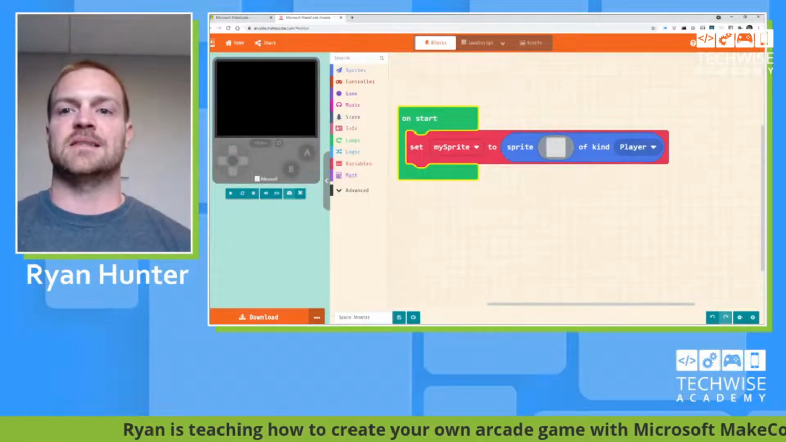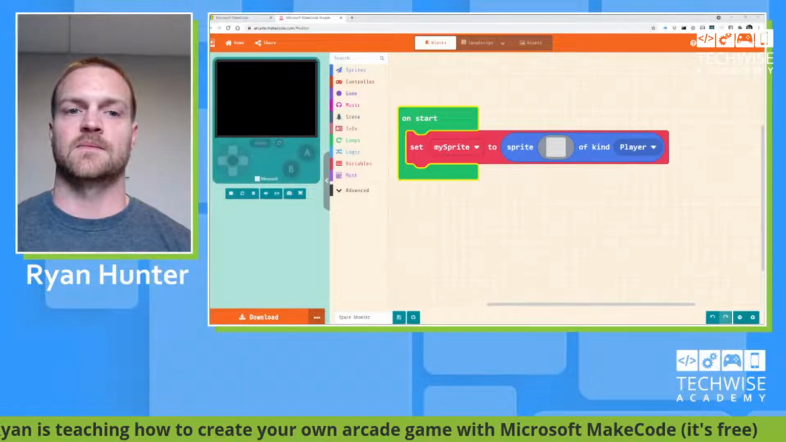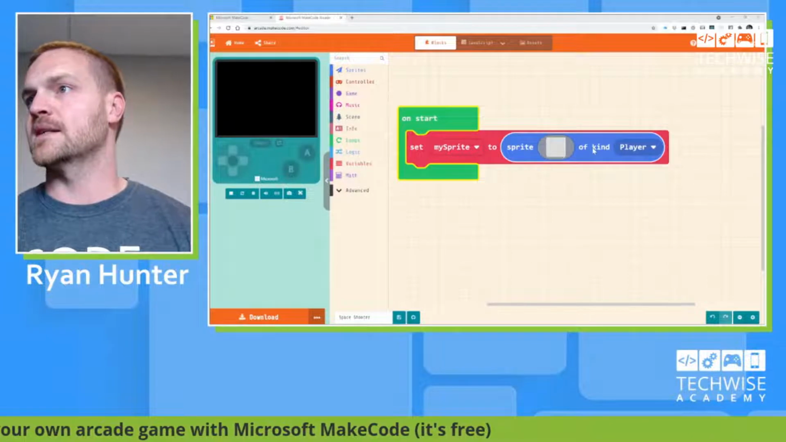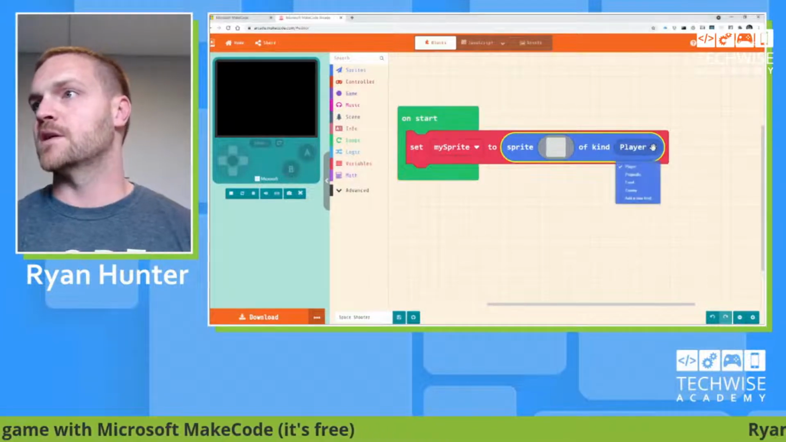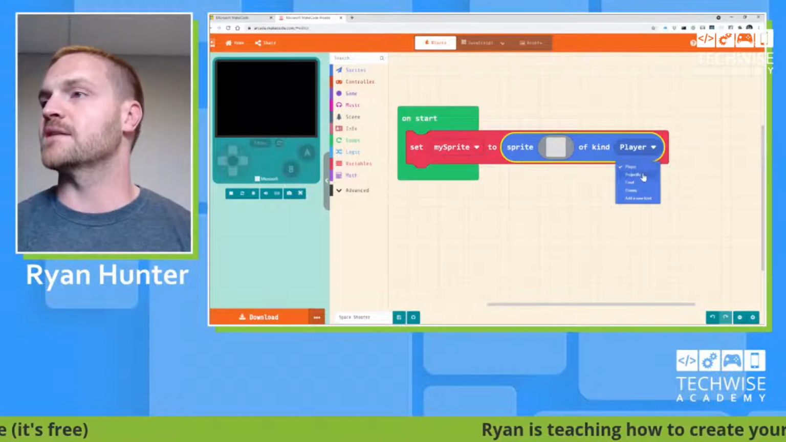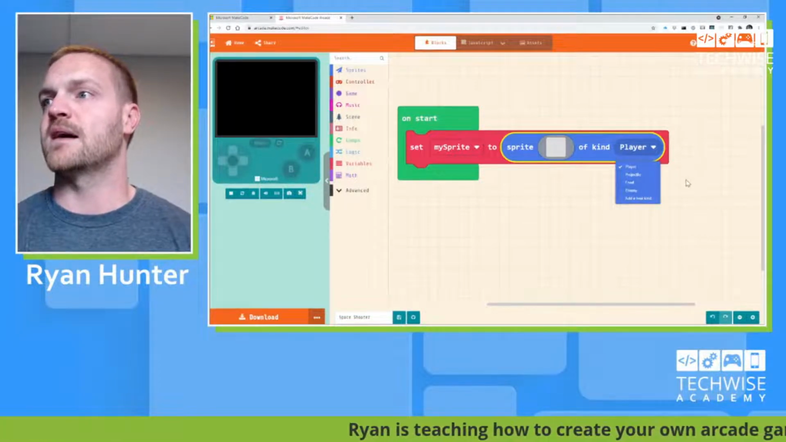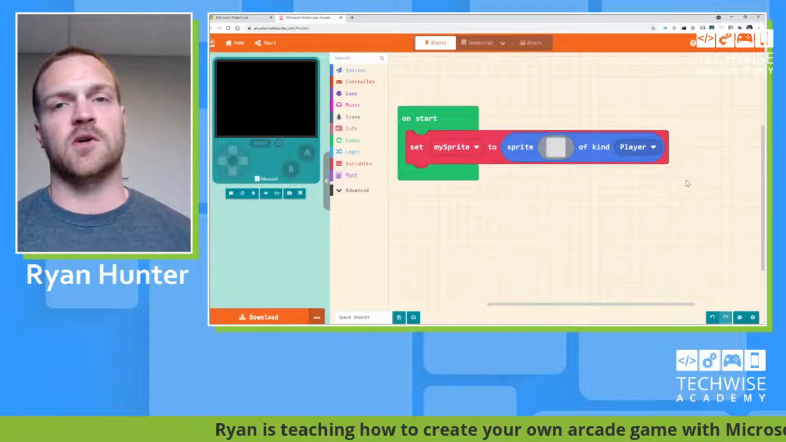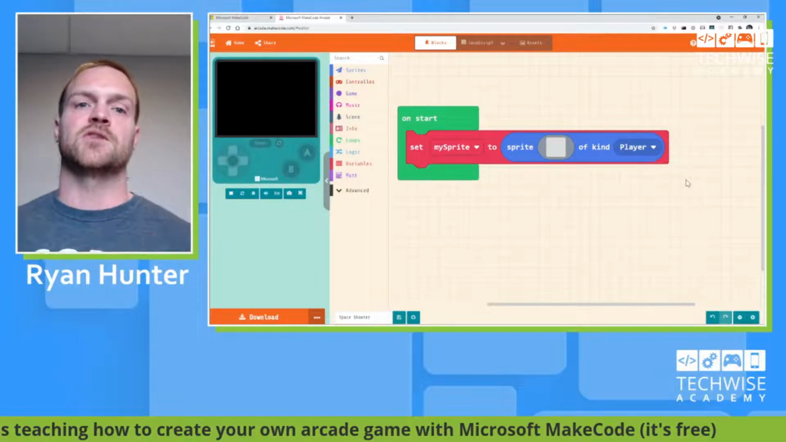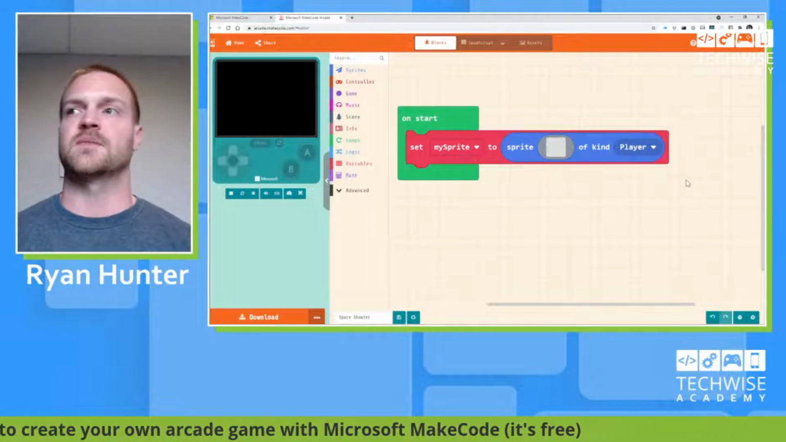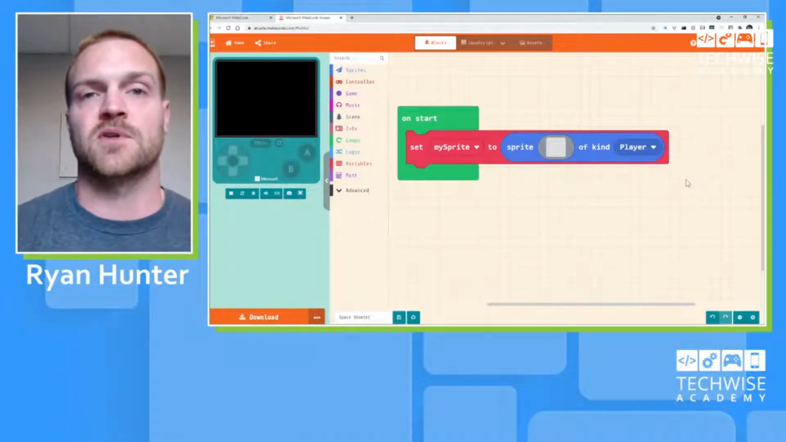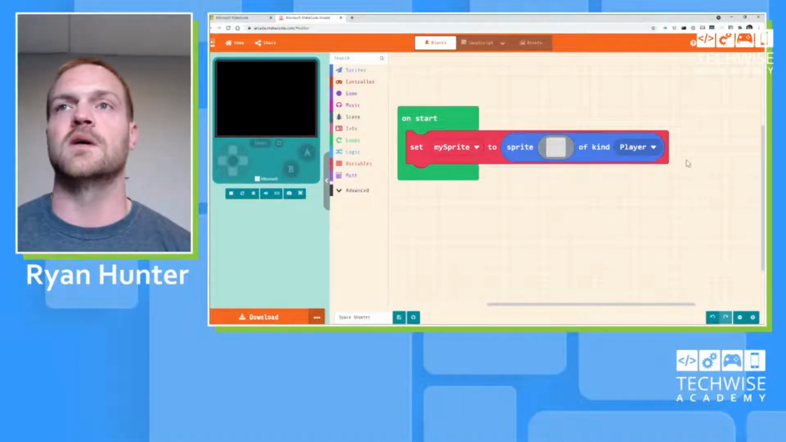So it says set my sprite to sprite, and it has this gray box and of kind player. If you click on the drop down next to player, you notice that we have a projectile type, food type, enemy type. MakeCode already takes care of a lot of this for us, and it knows that if something's an enemy, then it shouldn't be hitting our player, or if something's a projectile that we want it to try to hit the enemy. So it handles some of that for us ahead of time, which makes it really nice for developing these types